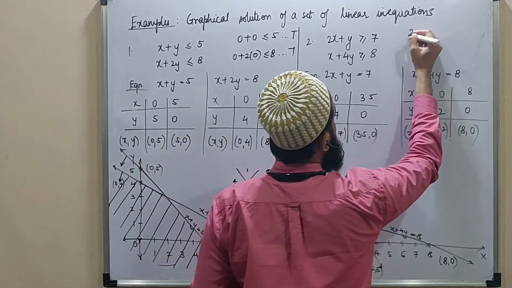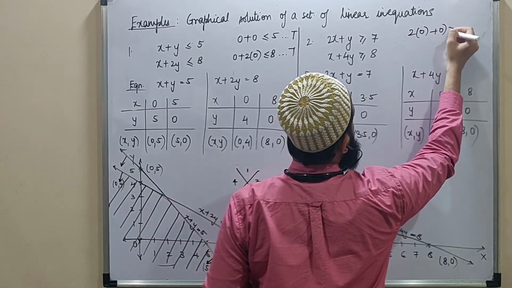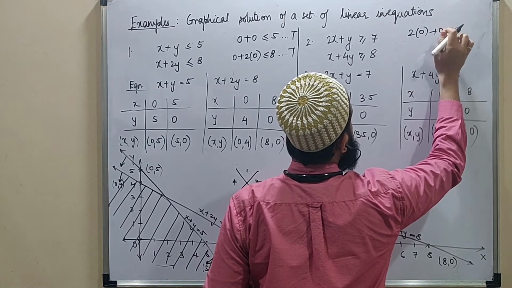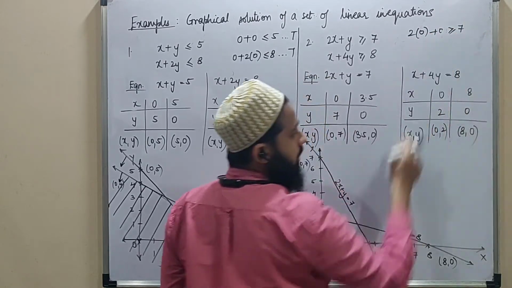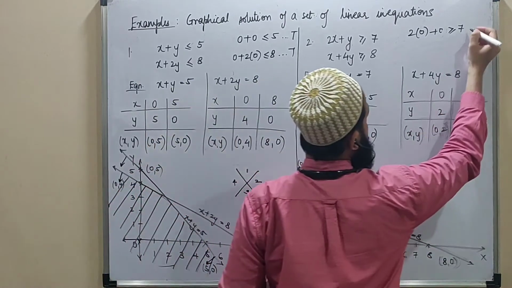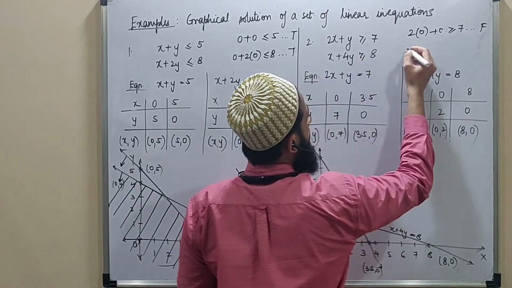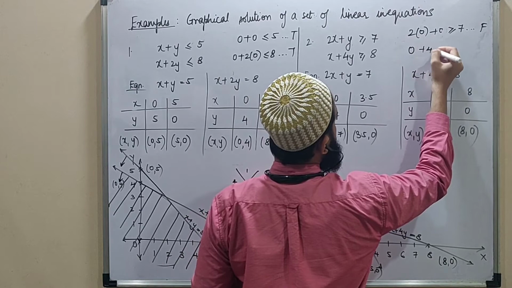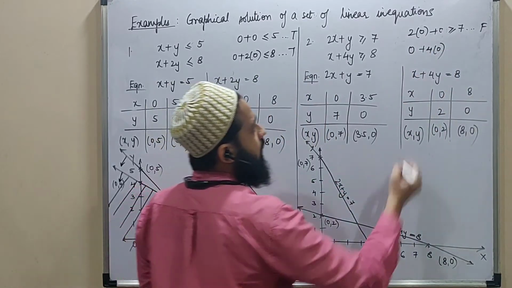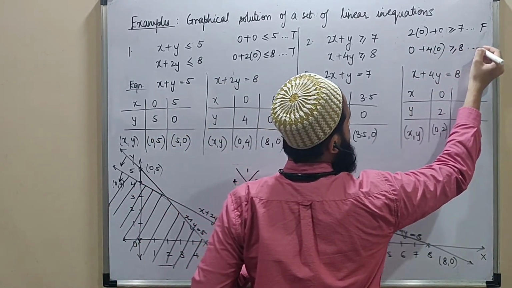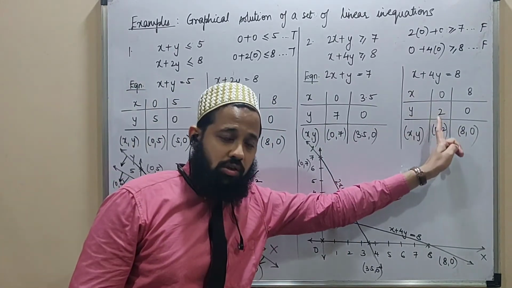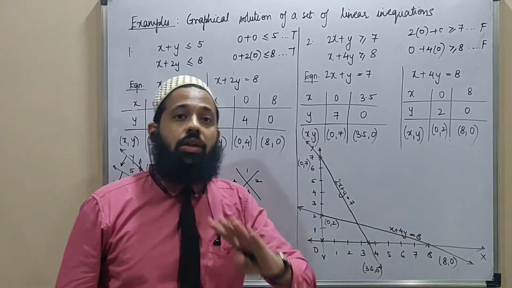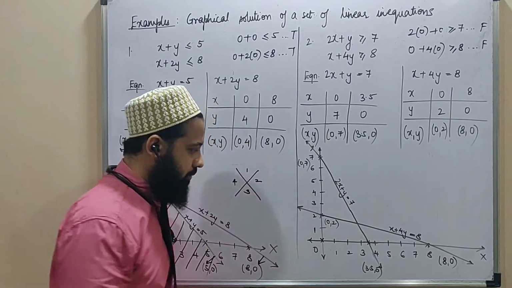जैसे यहाँ पे आप put करेंगे 0, you're talking about 0 greater than 7, which is absolutely false. And if you talk about this particular inequality, you have 0 greater than 8, which is again false. So the point you have taken is actually giving you a false result, which is therefore indicating that it is not a point of this of the region.